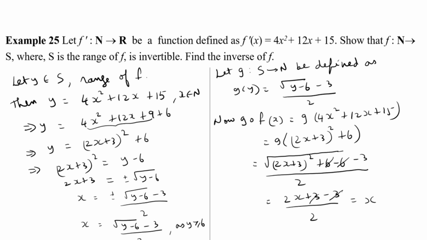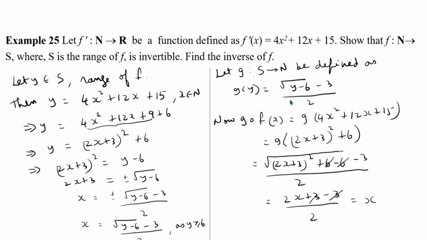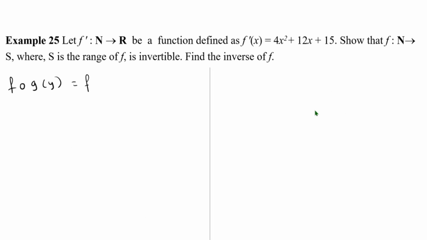So we got g of f of x is equal to x. Now we have to find f of g of y. So f of g of y is equal to f of g of y. We have taken g of y as root of y minus 6 minus 3 by 2. So f of root of y minus 6 minus 3 divided by 2. So this is equal to, here instead of